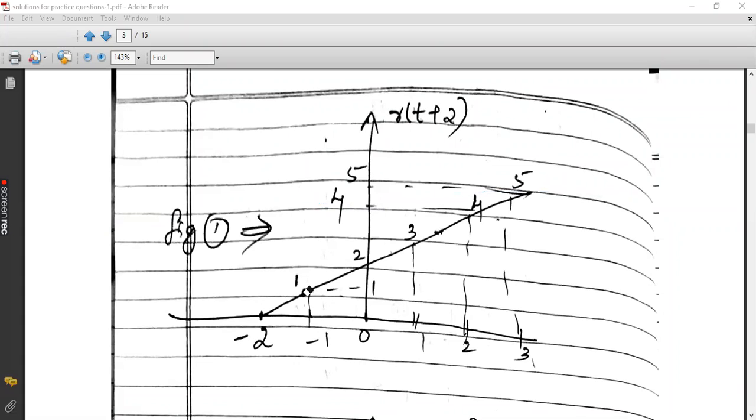Initially, you had amplitude 1 at t equal to 1. But what happened when you shifted towards the left side? The amplitude 1 is now appearing at -1. And the amplitude 2, which was appearing at t equal to 2 before, is now, after shifting left by 2 units of time, appearing at t equal to 0. So everything has shifted towards the left side. Let it be figure number 1. Draw it.